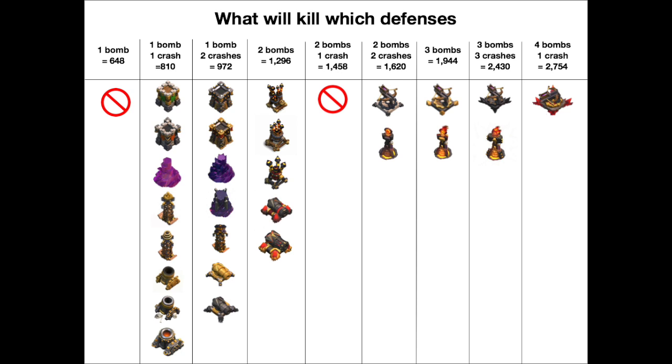That's going to do 810 damage, and that's going to eliminate, look at this, all 3 levels of mortars. We're looking at the level 10 and level 11 archer towers, the level 6 wizard tower, and then the level 6 and level 7 Teslas. All it's going to take is one balloon, because a single bomb drop and a single crash will take out any of those. So if you can do just a little bit of math, or just get good at guessing,